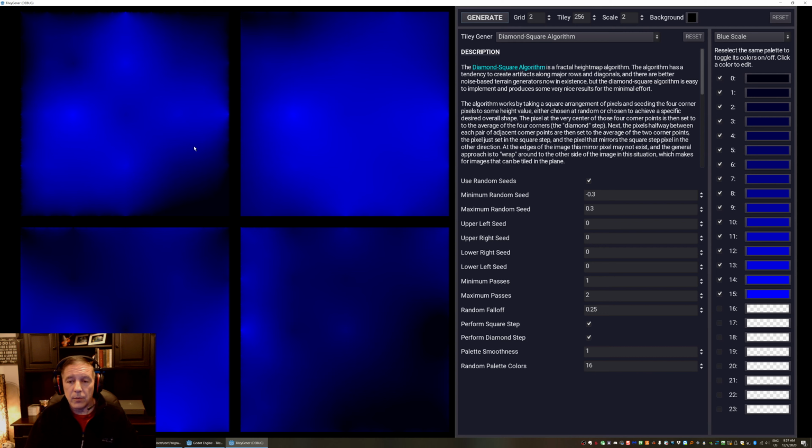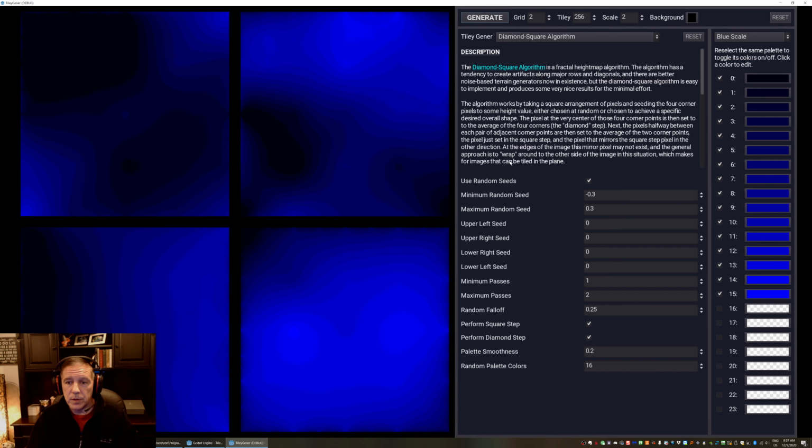The way that this algorithm works, it looks at the image as a whole and then picks a point in the middle, sets it to the average of those, and then looks at the smaller square, sets pixels to the average, and so on and so forth. So it tends to set pixels that are on those corners with more or less intensity, and so you get these artifacts. But if you turn the smoothness down